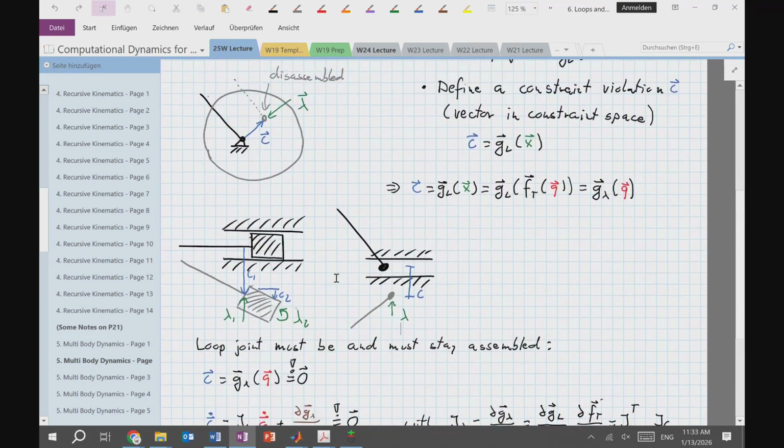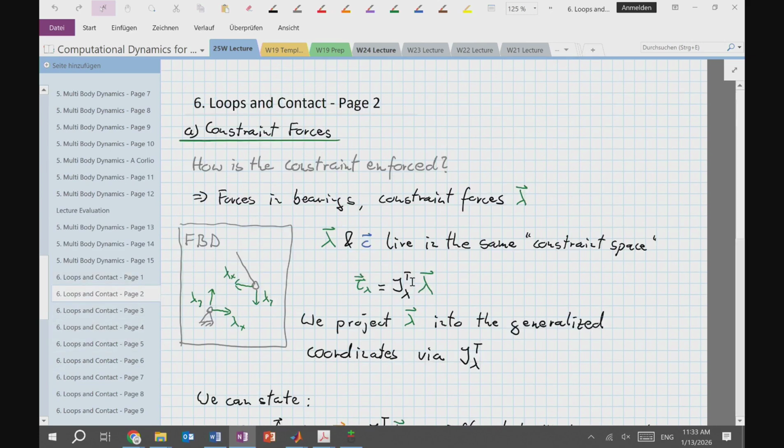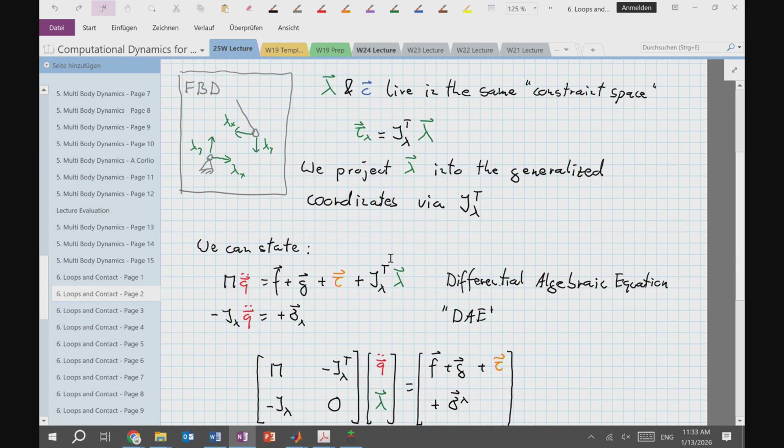Physically, this is happening because there are constraint forces that prevent the constraint from being violated. And these constraint forces, we call them lambda. The constraint forces are projected into the generalized coordinates using our standard Jacobian transpose mapping, where the Jacobian, the J lambda, is of course the same Jacobian that we just saw in the kinematics, which means I can simply add those constraint forces to my canonical form of the equations of motion. So there's an additional term,